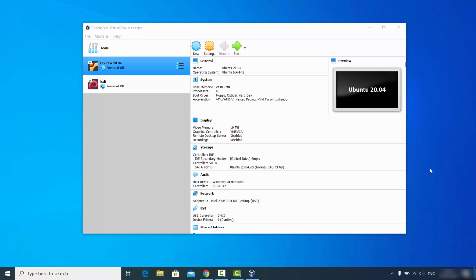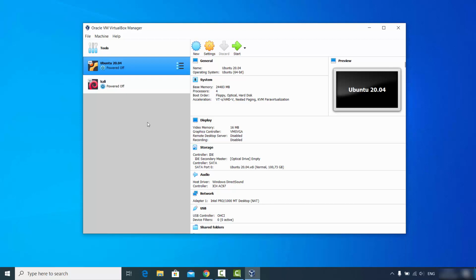So let's say I have installed VirtualBox on my Windows 10 operating system and I want to run another Windows operating system on VirtualBox. I can do this using VirtualBox, right? So everything will work virtually inside your host operating system. In this case, Windows 10 is also my host operating system, and I want to install Windows 10